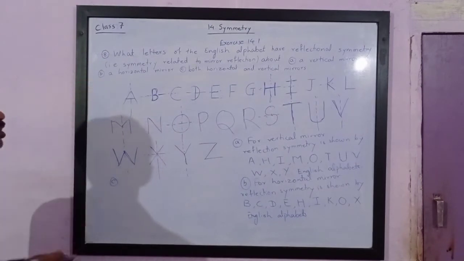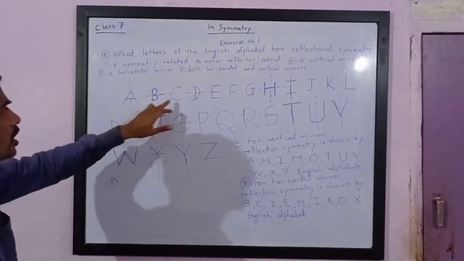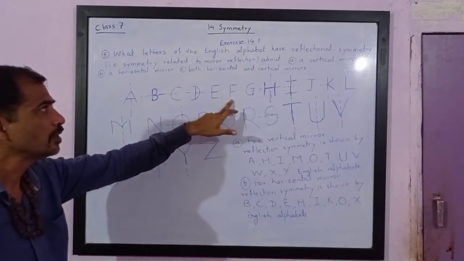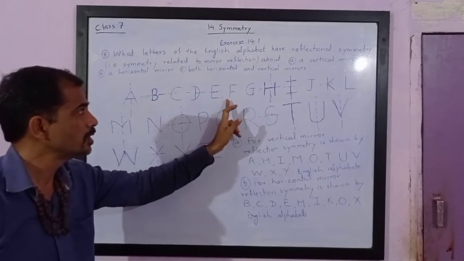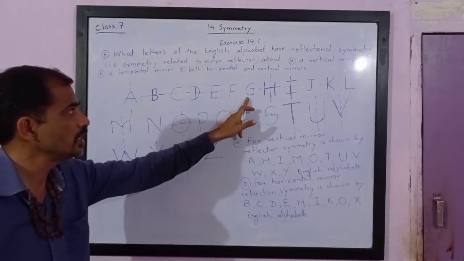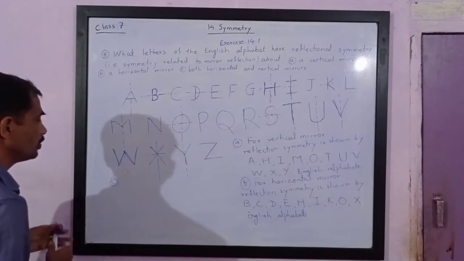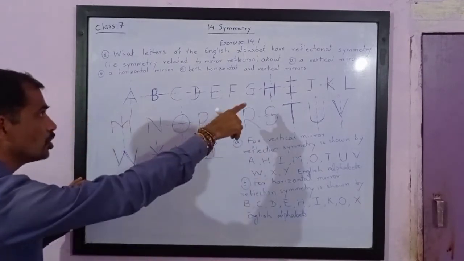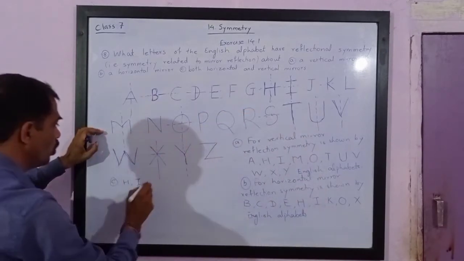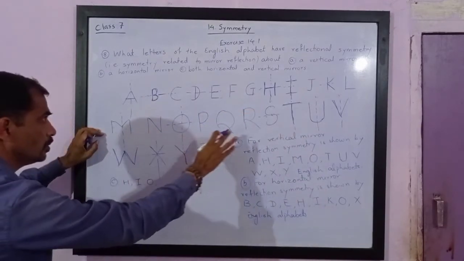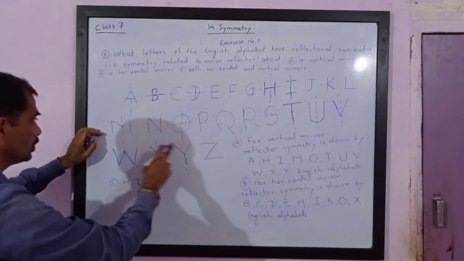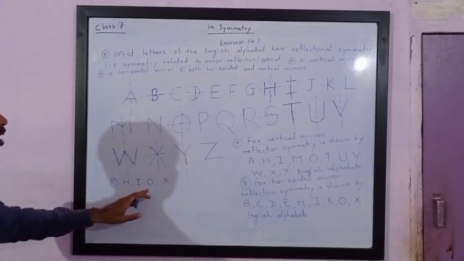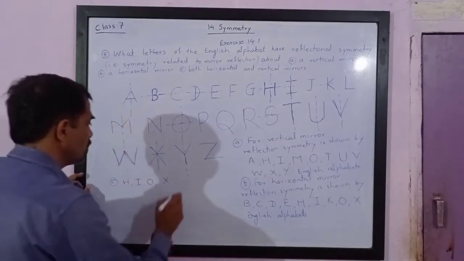So here A shows only vertical, B shows only horizontal, C shows only horizontal, D only horizontal, E only horizontal. F doesn't show any of the mirror symmetry, neither horizontal nor vertical. G, we get H. Then I shows both. Then O shows both. Then X shows both. So HIOX shows